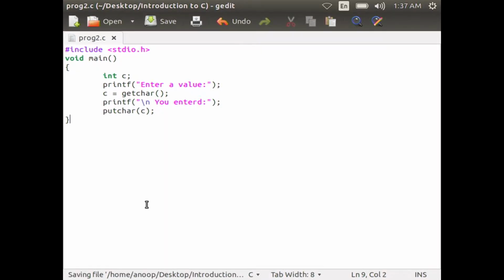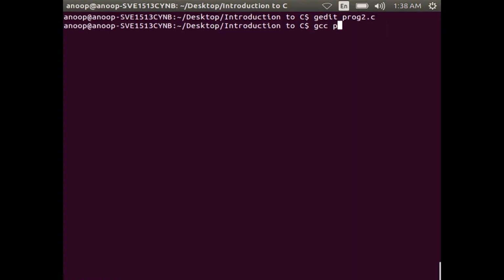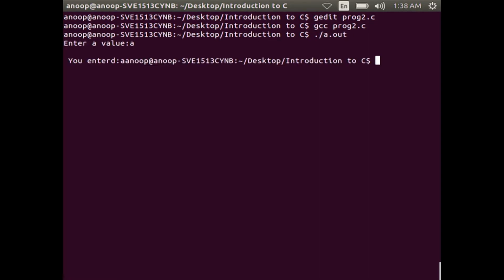Now, let us compile this program, and since there is no error we can run it. You see the system prompt for enter a value, and you enter a as input. Now, the output will be you entered a.